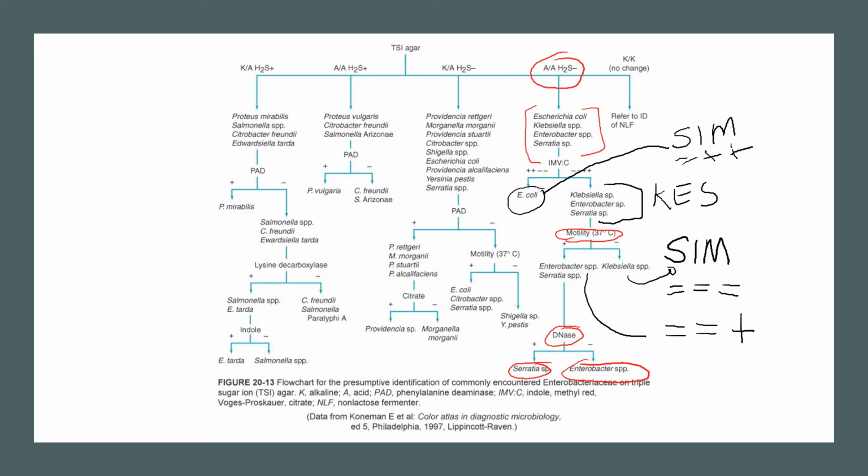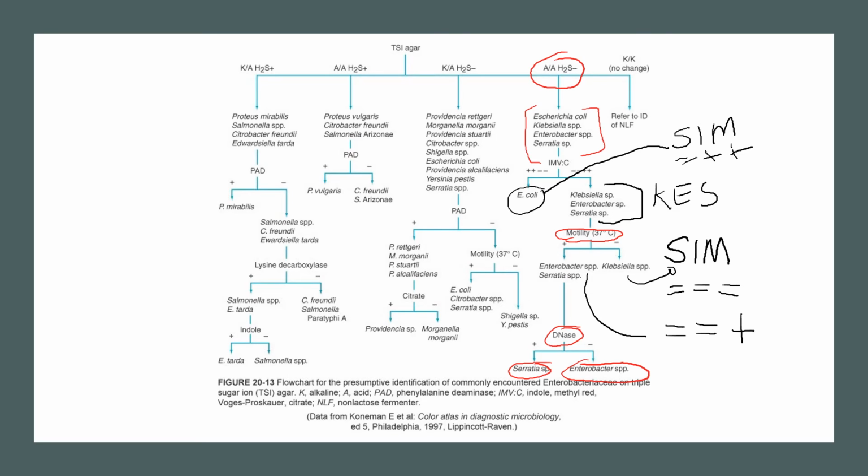Okay? So I'm hoping that is helping you in at least separating and grouping your organisms. So if I give you a TSI reaction that is acid over acid, H2S negative, right? And the SIM that is negative H2S, positive indole, and positive motility, all you need to look for is your citrate, which will confirm it. If it is negative citrate,